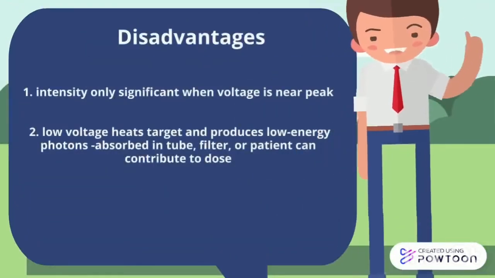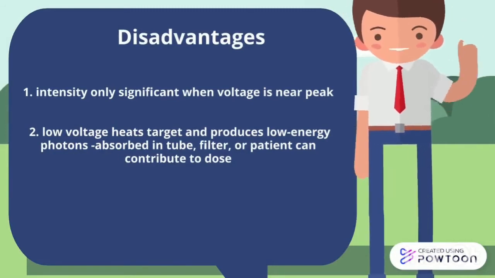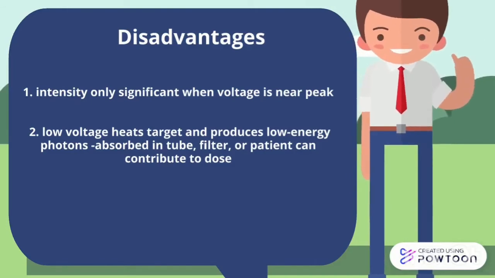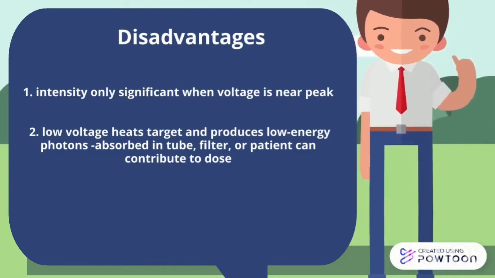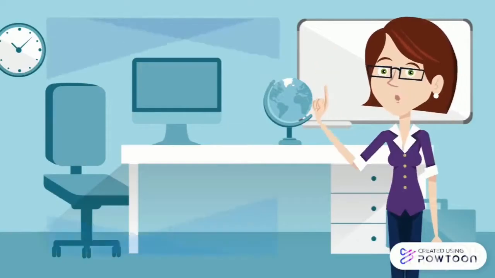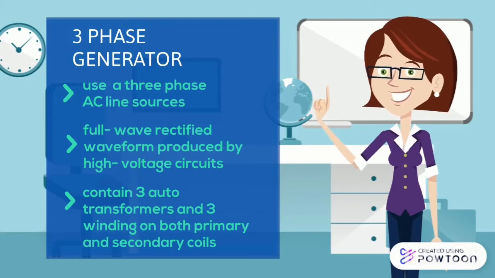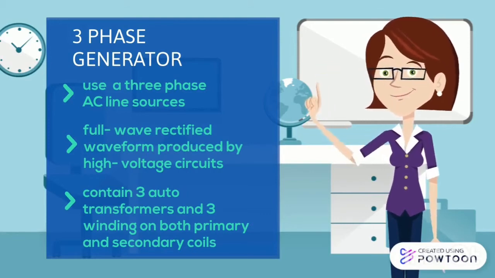There are two disadvantages of single phase. First, intensity is only significant when voltage is near peak. Second, low voltage hits the target and produces low energy photons, which can be absorbed in the tube, filter, or patient and contribute to dose. Three-phase generators use three-phase alternating current line sources, with a full-wave rectified waveform produced by the high-voltage circuit, and